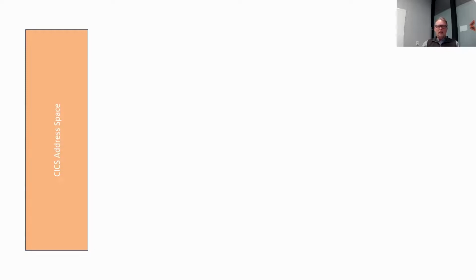Okay, so just to give you an idea, you've probably heard of CICS or KICS. It is also an address space. It is a transaction processor. A CICS running in an address space is typically called a region, or a CICS region or a KICS region. KICS is very popular in Europe. CICS is more popular, I guess, in the US, but either way, it's pronounced KICS or it's spelled out CICS. Either way, it's a region. So if you think of a CICS region as kind of a web server, it executes code on your behalf based on input that it receives.